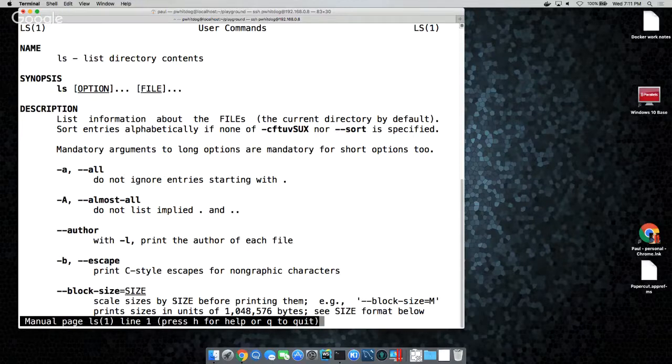Honestly, in my experience, I never read the man page. It's just too hard to consume in the format it's in. I can't find what I want. I just hit Q and get out of the man page because I'm not going to sit here and read. Now, this one's nice, it's at the top.